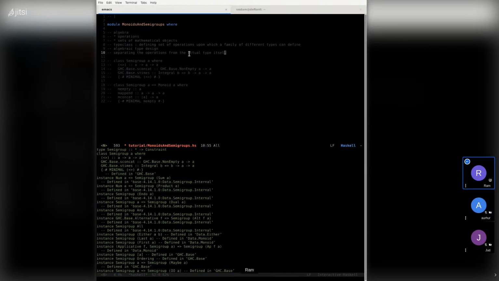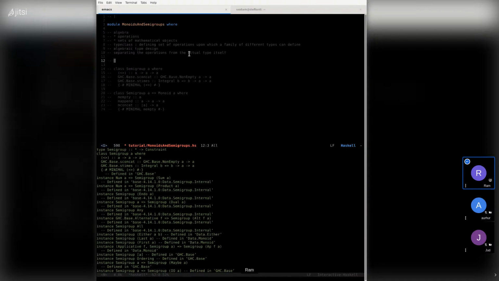So putting that all aside, let's talk about monoids in general and give a very precise definition of what that is. A monoid is nothing more than a binary operation. This is how the book defines it.